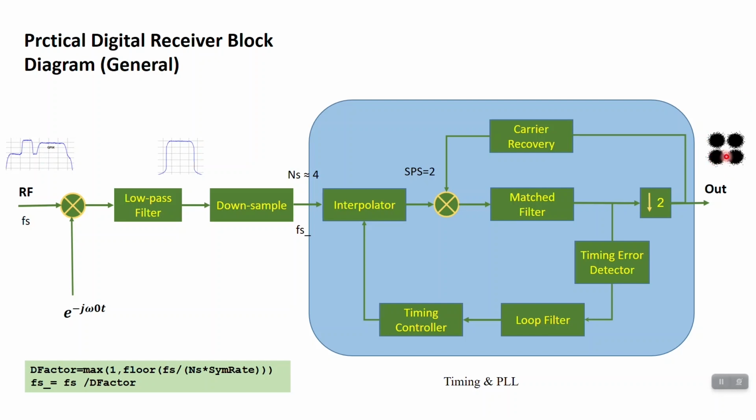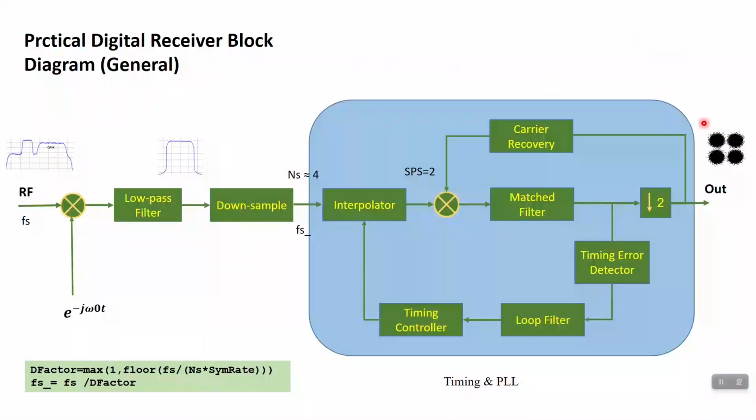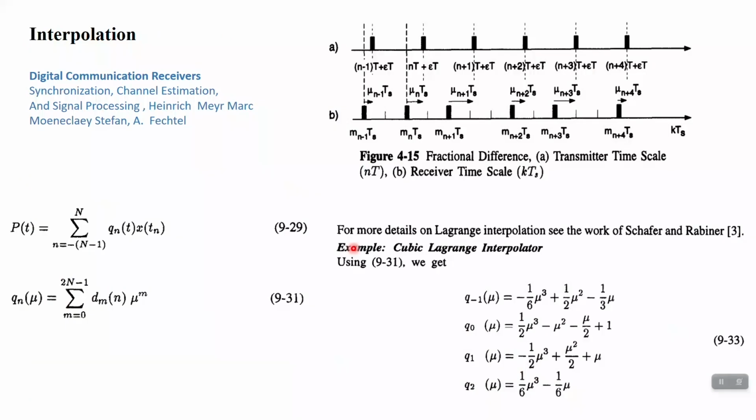Or if the output of your receiver becomes something like this, it shows your receiver locked and working perfectly. But in the first slide of the main block, the interpolator, as I said before, the interpolator